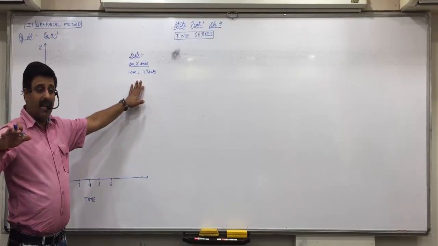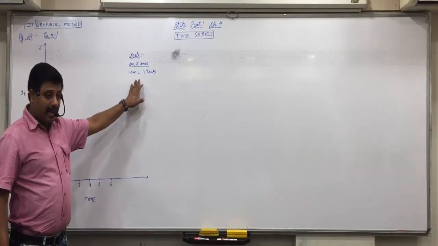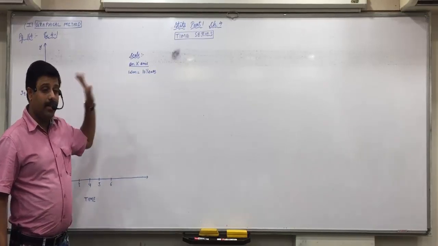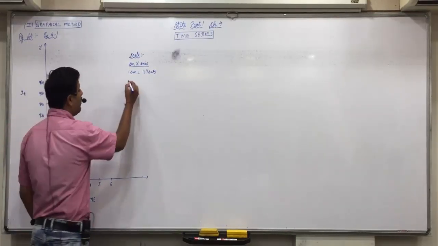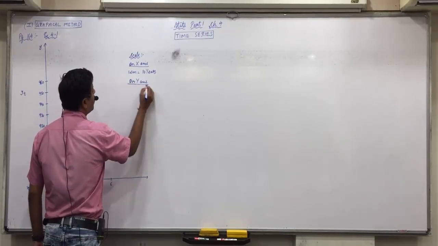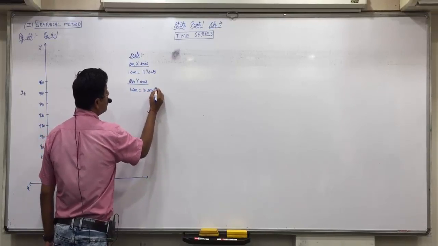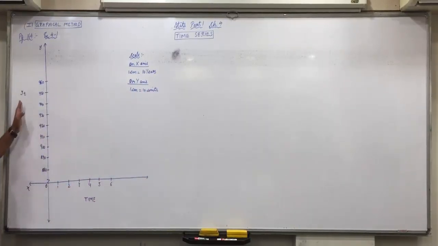Once again, see in the question, after 1961, which is the next year? 1971. So there is a gap of 10 years. Got it, everyone? And on the y-axis, we are taking 1 centimeter as 10 units. We don't know what units are there. The variable is not mentioned, simply YT is mentioned. So we write on the y-axis 1 centimeter is a gap of 10 units. Understood that, everyone? Now first we'll plot the original points.